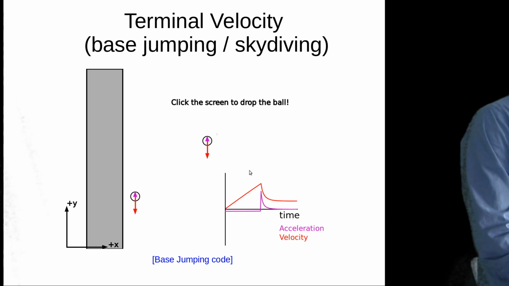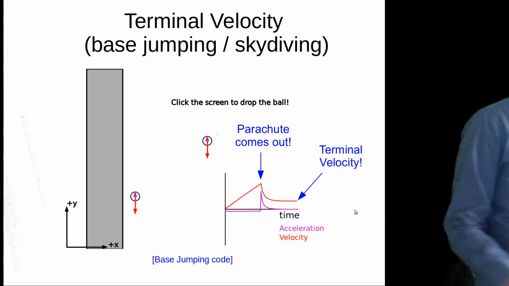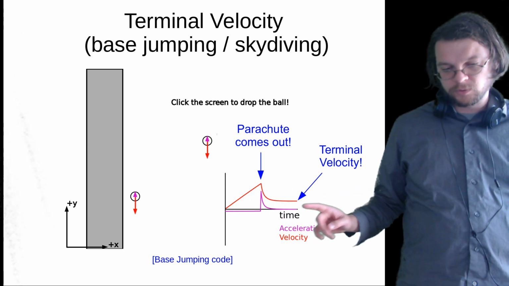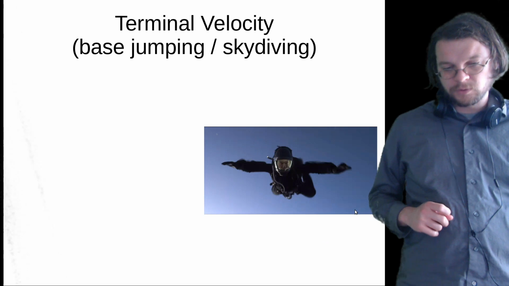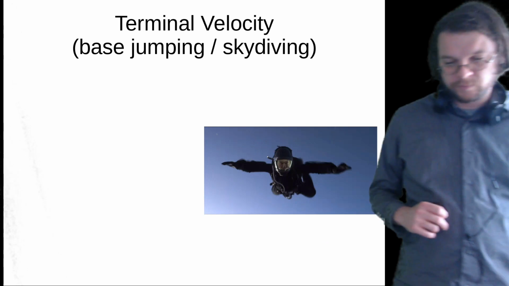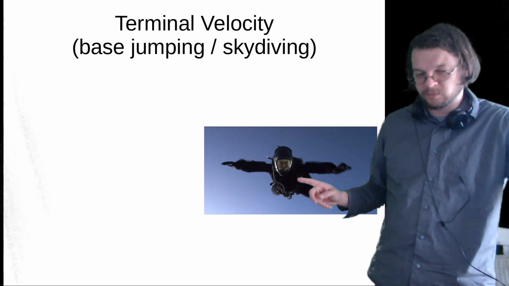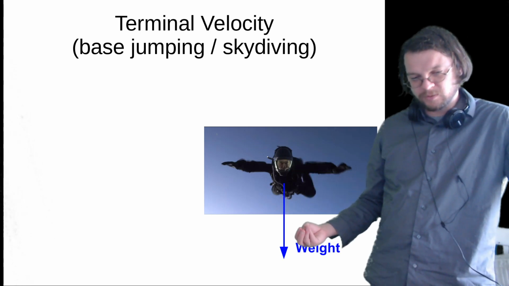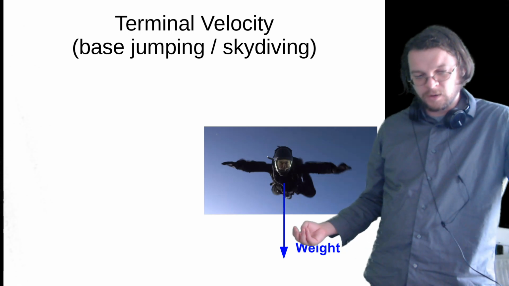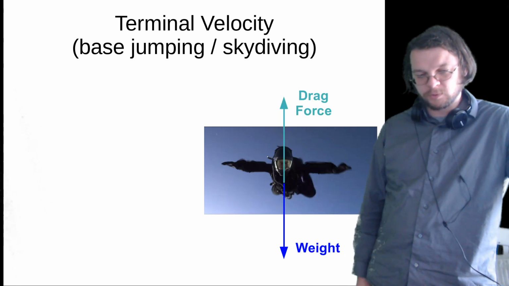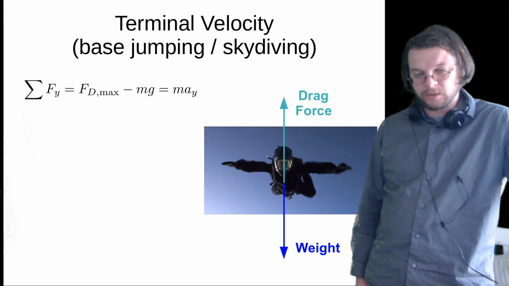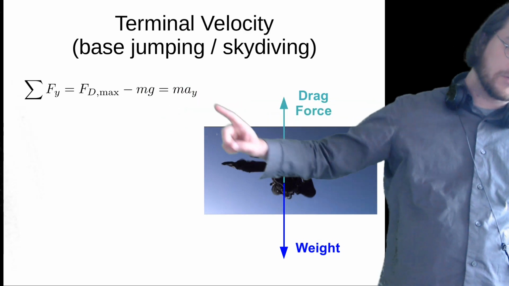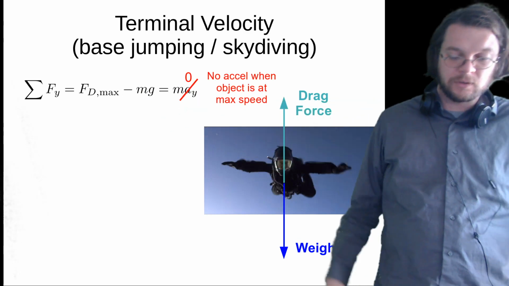So it's similar to what we did a moment ago, right? So the parachute comes out there. Then we eventually reach terminal velocity. So it's similar to what we did earlier. I think this is Tom Cruise from Mission Impossible Fallout. So there's the weight pulling Tom down, but then there's the drag force pushing the opposite direction. And at the terminal velocity, those two things balance each other out. And so the acceleration is actually 0. So even though you're falling